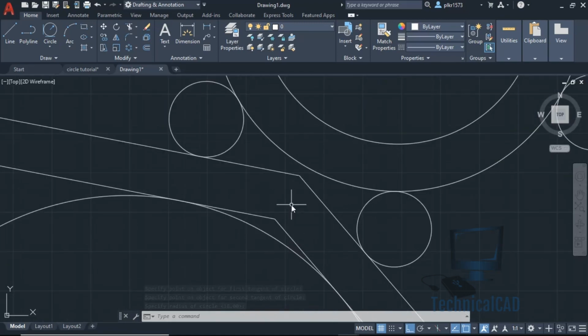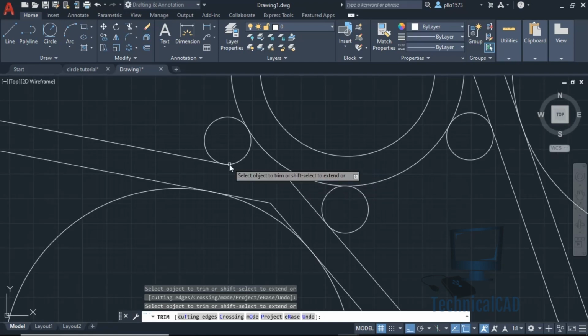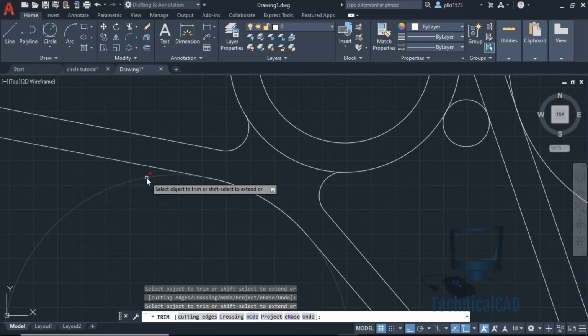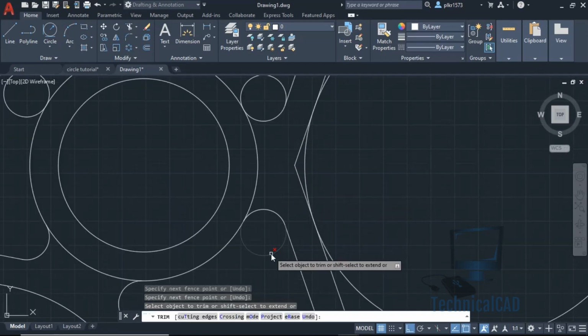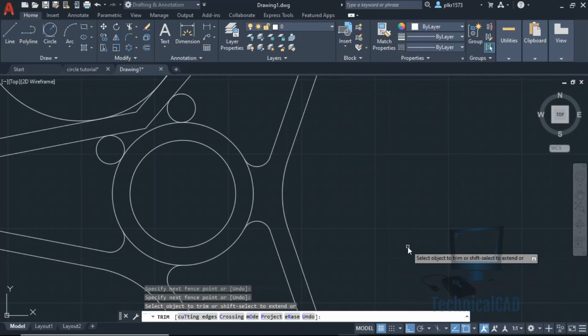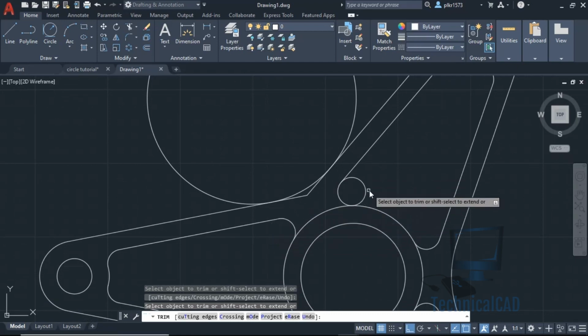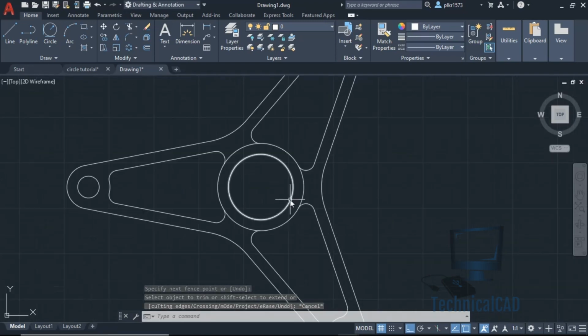Now I will trim the remaining portion. So like this we can create the drawing.